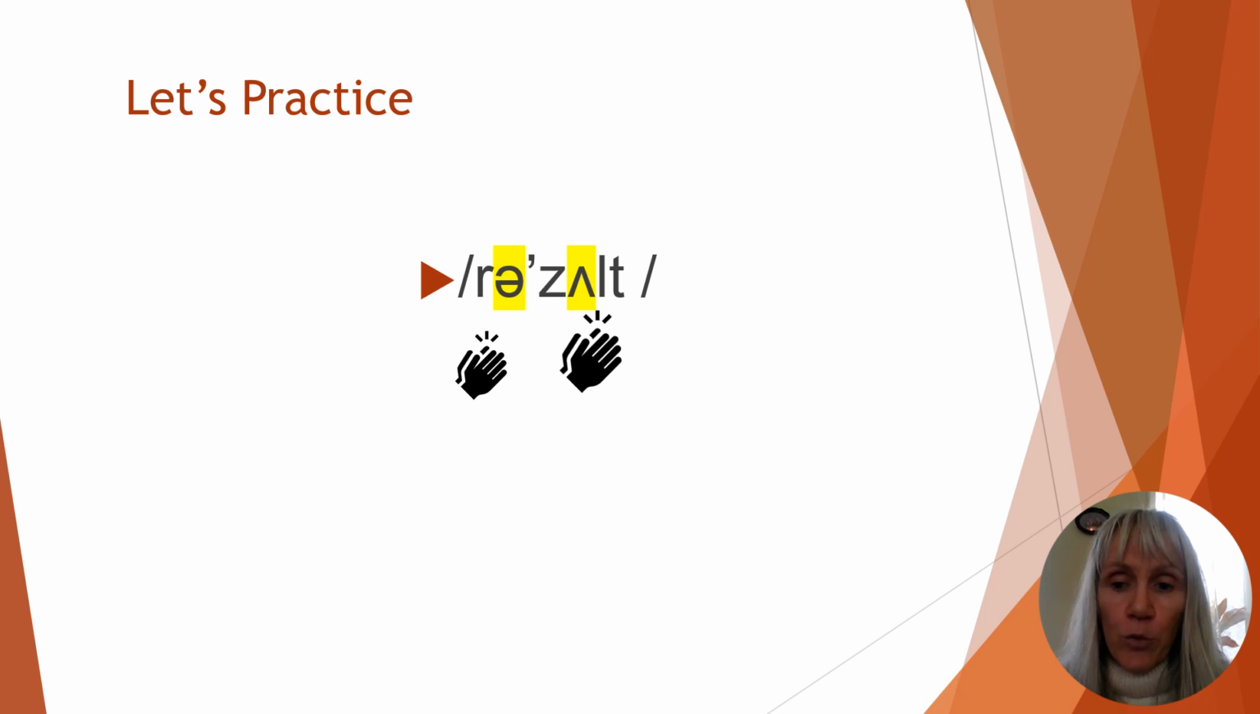Result, result. I know how many times I have to clap because I've highlighted the phonemes, the phonetic symbols for phonemes that represent vowel sounds. Okay, so we have 2. 1, 2. We actually have 7 phonemes in that word we're hearing or saying, but 2